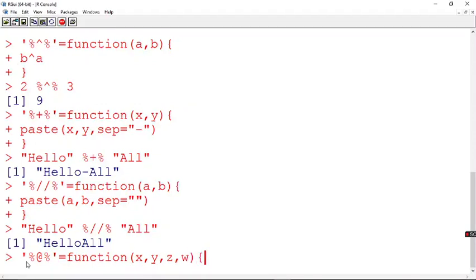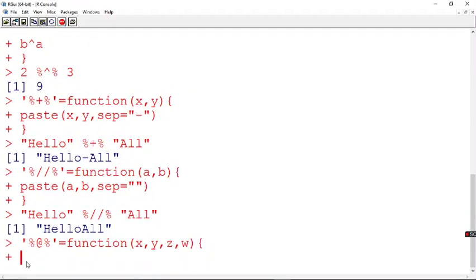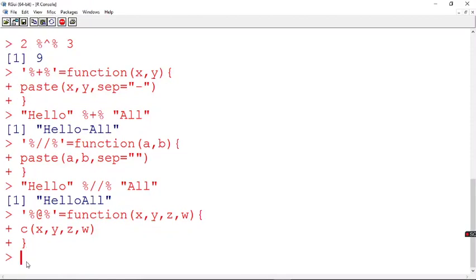Now I say these 4 values have to be created as a vector. So I use the c function, and I say x comma y comma z comma w, and I create a vector.